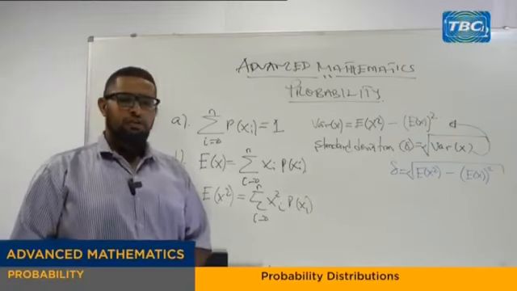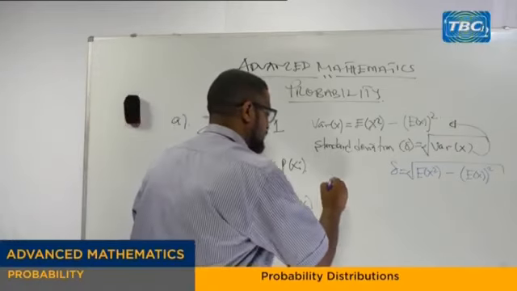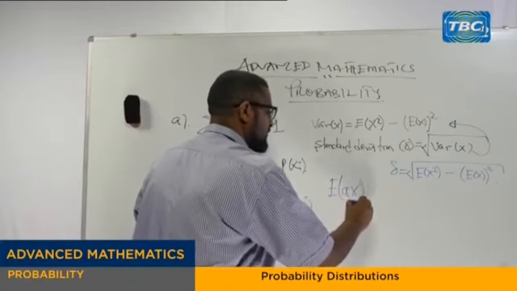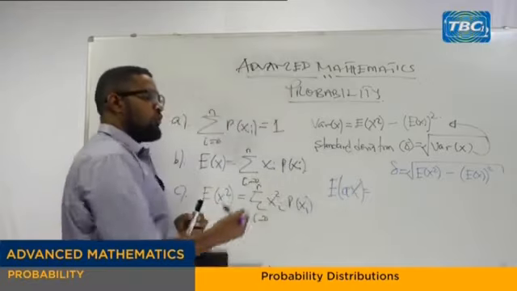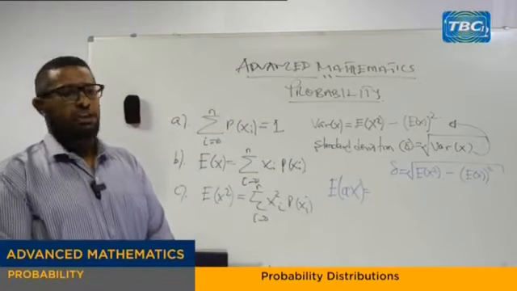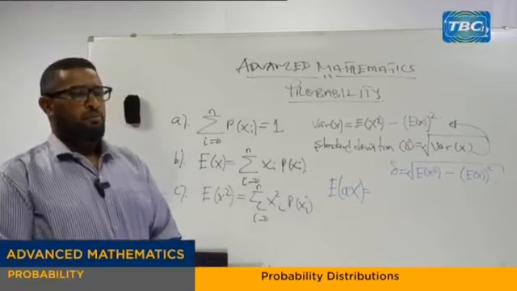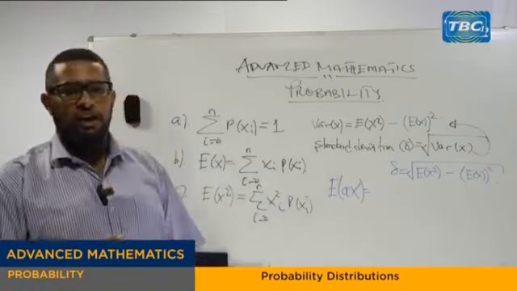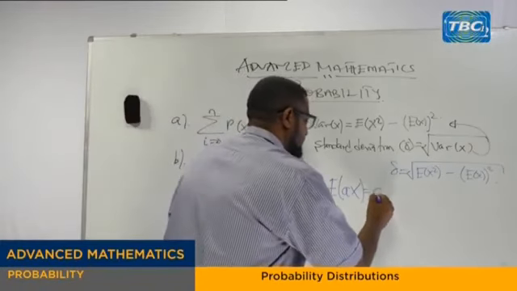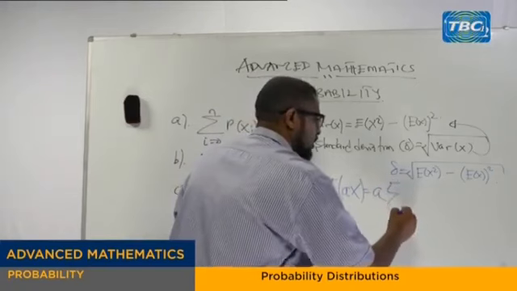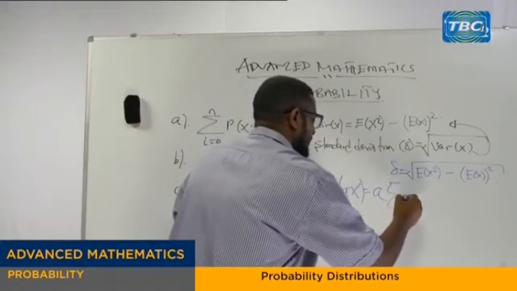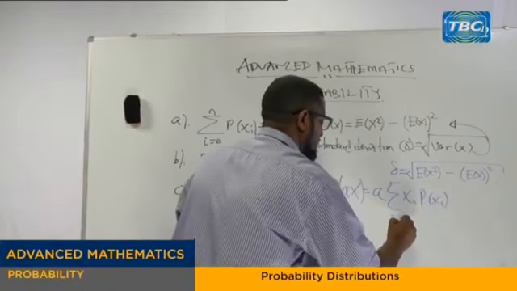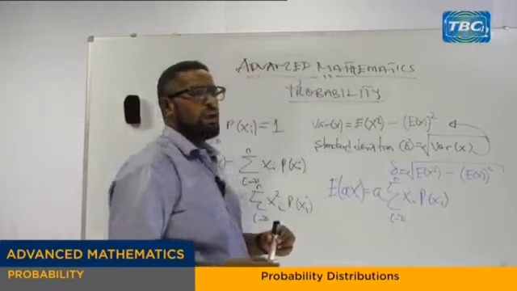Now, what if you are given a question like this one? Find the expectation of a constant a with the given variable x. How do we find the expectation of that variable? My dear student, this a is just a constant number. We normally take it out. So this one becomes a, the summation of the variable x and its probability